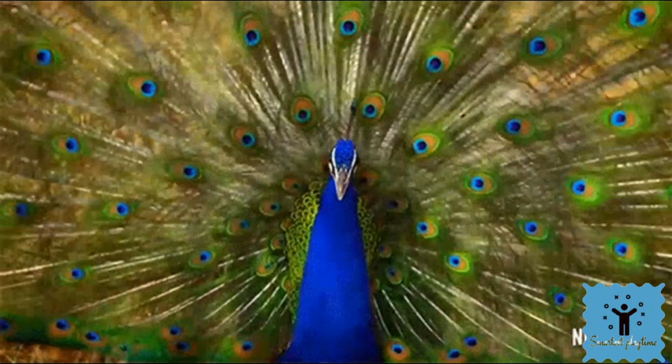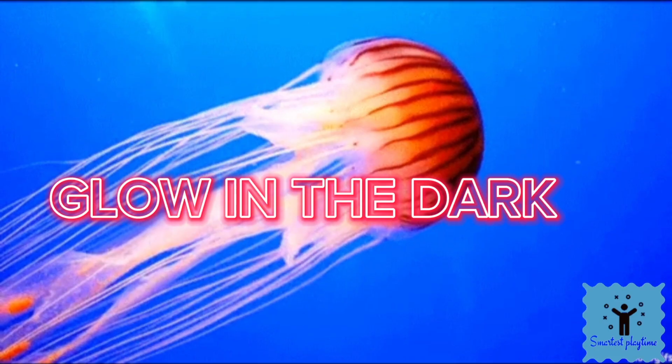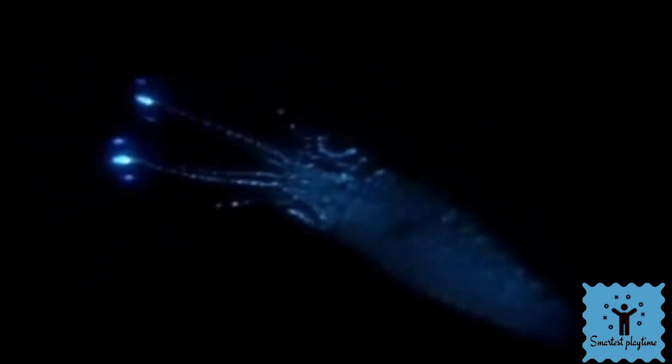The animal kingdom is full of fascinating organisms that have the ability to glow. We all know about the firefly. But do you know? The vast variety of glowing animals actually live deep within the ocean. The purpose of the glow is to attract mates, lure prey, confuse predators, or communicate with other members of the